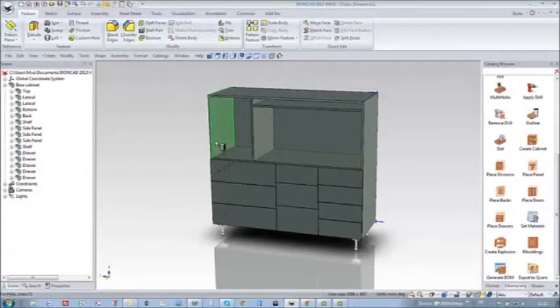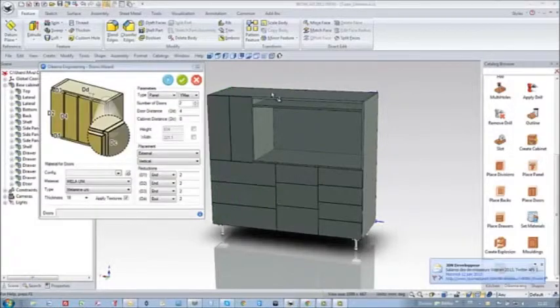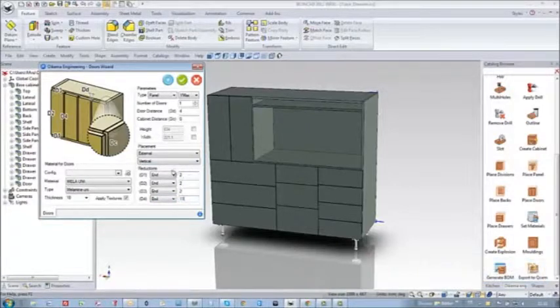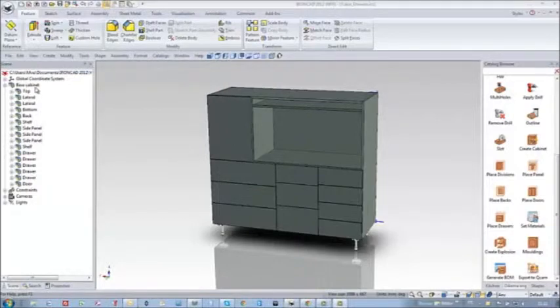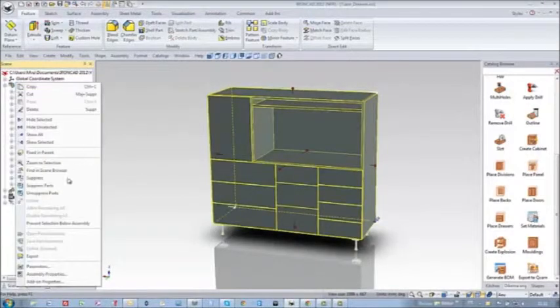So I grab the place door wizard, and now again in a very user-friendly manner I can manage the placement of my door. Just want one door. I manage the overlaps again. That's very important. And I validate actually my door. You can notice that